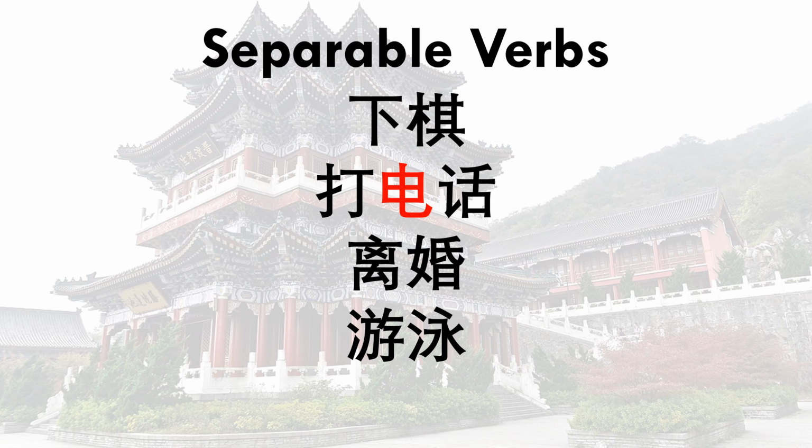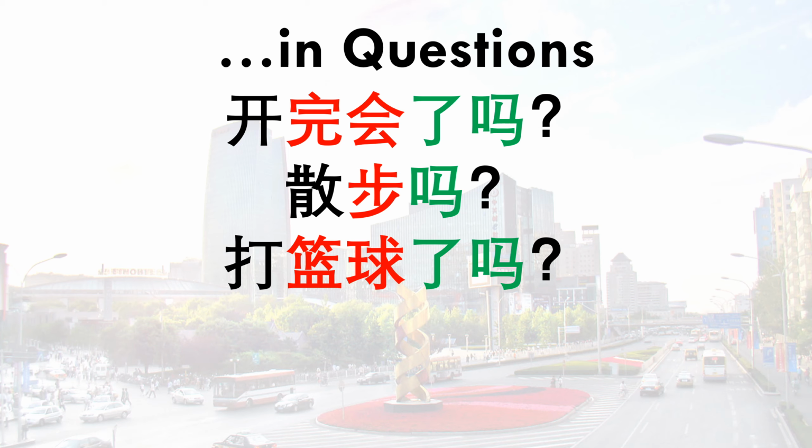Now the next one is 游泳. And this is another one where it's kind of difficult to figure out where the verb and where the object is. It's hard to rationalize because 游 means to swim, and then 泳 means swim, but as a noun. So to swim a swim is swim in Chinese. So 游泳. Notice I'm not saying 游泳. It's 游泳.